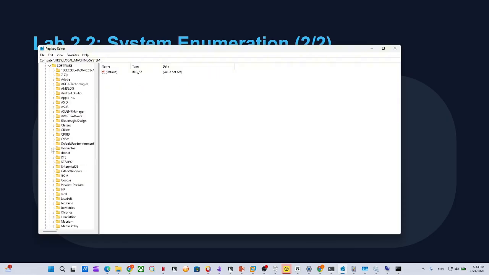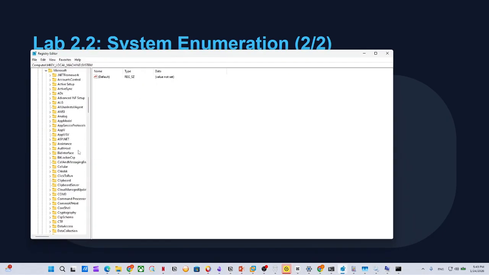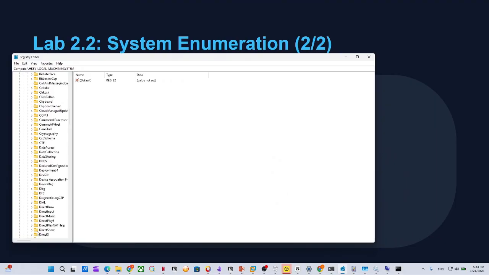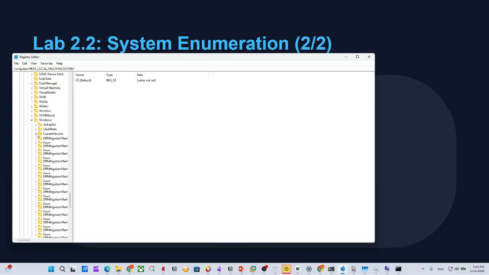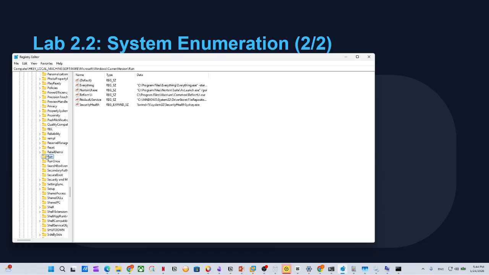We're looking at software here: Microsoft, Windows, current version, and run. We have here Run and RunOnce, and that's where we